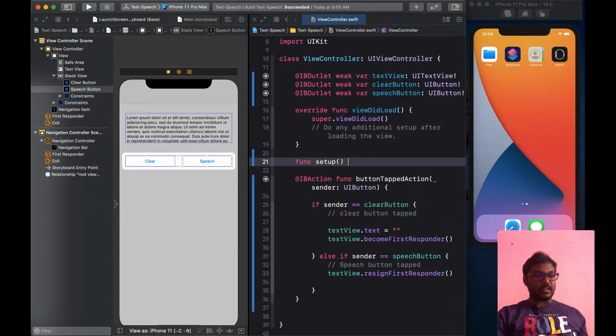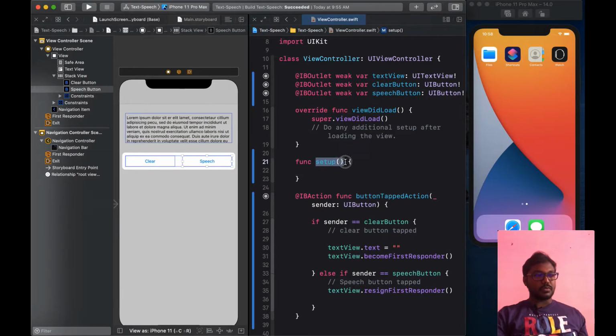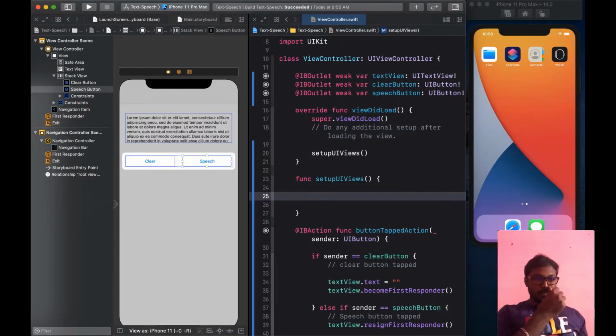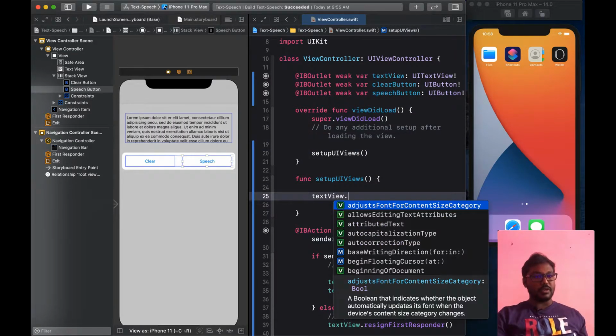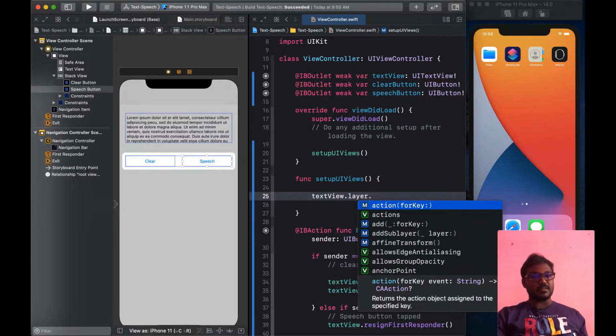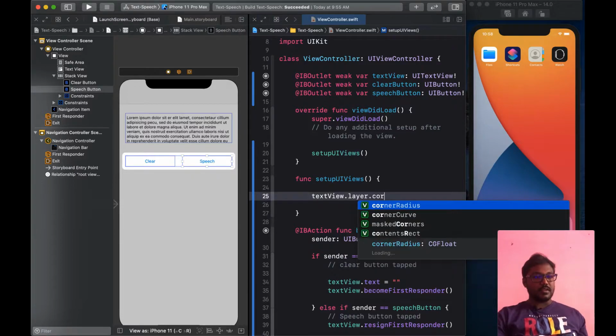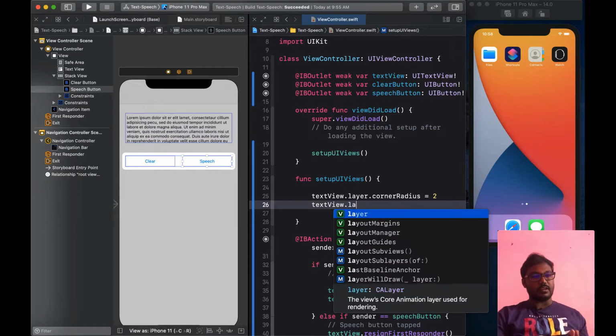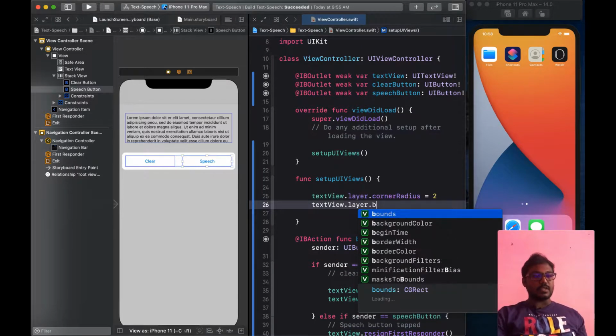Now I am creating a setup function to set up the UI elements in the view controller. So I am setting up the setup UI views and calling it in viewDidLoad. Now I am customizing the text view using some layer properties, like corner radius as well as the borders.